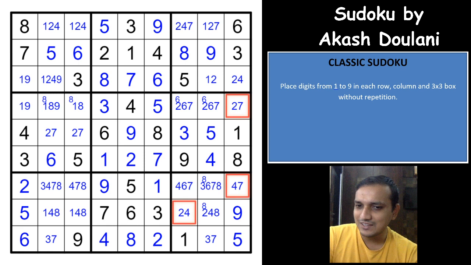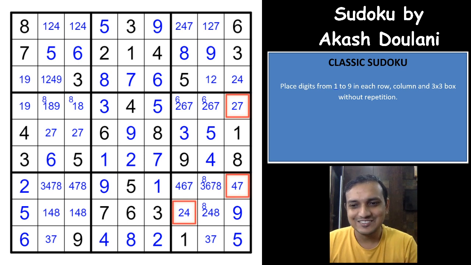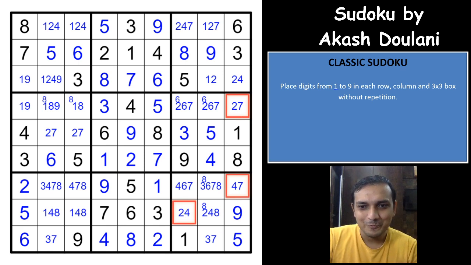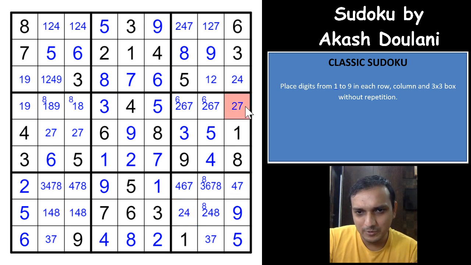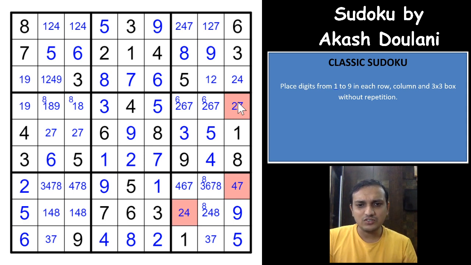I see a Y wing, as I already said. Excellent, guys. So there is a Y wing here. Wow. And you have a Y wing here. So let me say you what it does actually. Y wing is a place where you have three cells with three candidates, right? AB, BC and AC. So this is AB, BC and AC. And AB and AC cannot see each other. So this is the mutual cell that sees both of these cells, right? But both of these cells cannot see each other.